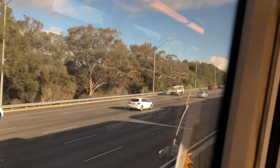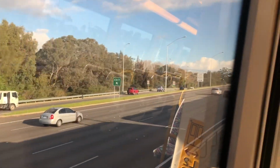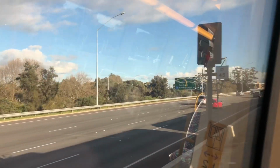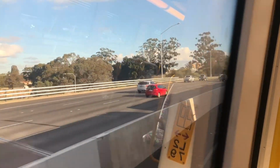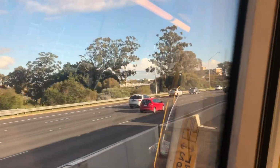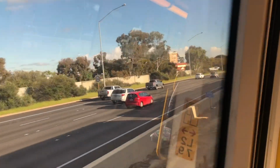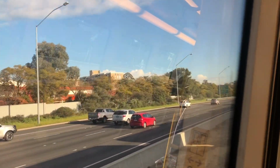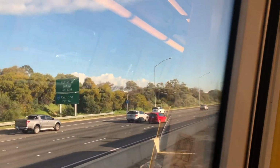You see the whole train is so empty right now. Literally no one on this. They're doing this just because of Coburn to Perth, so that's why they need to continue to Whitfords. But technically, if they just stopped at Perth, this doesn't really matter. You see how empty this car is right now. Just a quick scan, that's how it is. Less than 10 people on board right now. This car, 2 people in the middle car back there at the 6079 car. This is the 4079 car, so